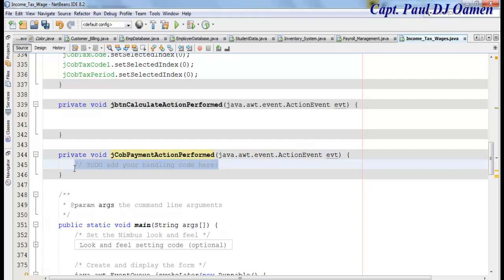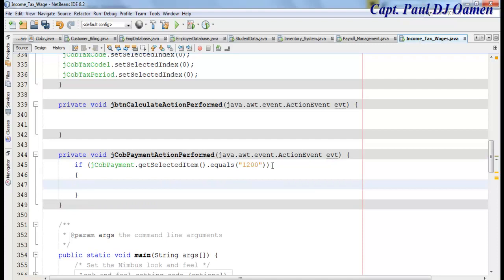So if, I think I'm going to have to put that in a bracket, if jCombo payment dot get selected item, and let's assume this selected item dot equals to maybe 2 dot equals to 1,200. Right, so in that case,